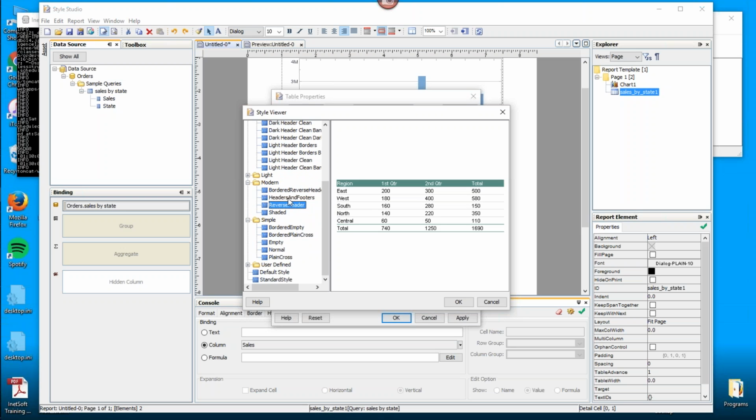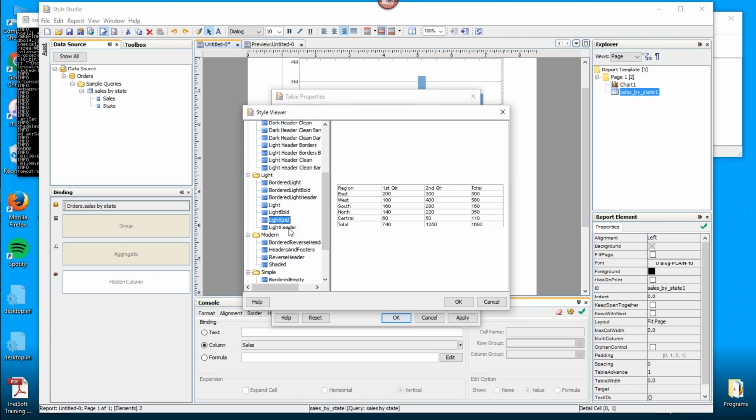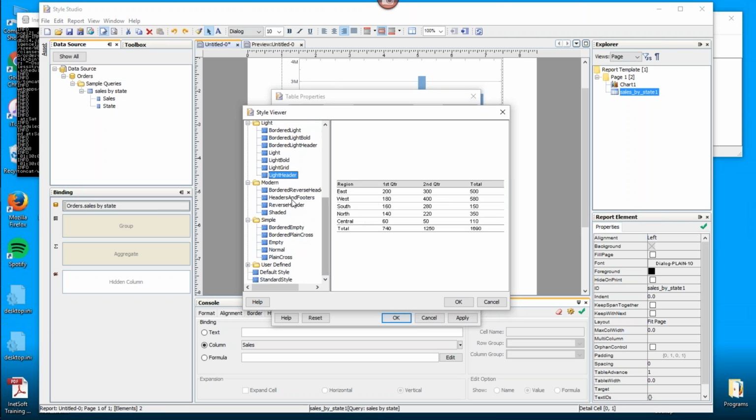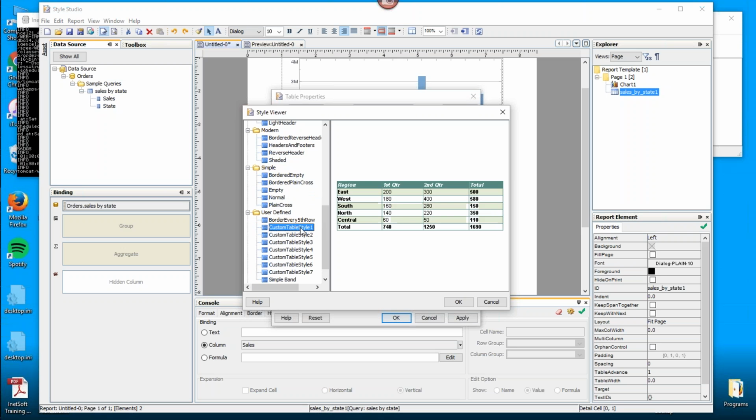You can define your own styles also. That's not something we're going to go into right now. But in the event that none of these, that one's close, but that one's really close. Okay, I'm just going to go with this one. This is pretty close. It's alternating blue instead of alternating gray. That's fine.